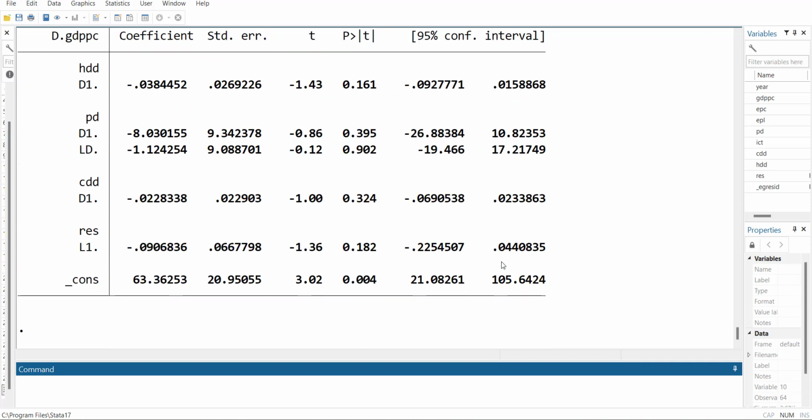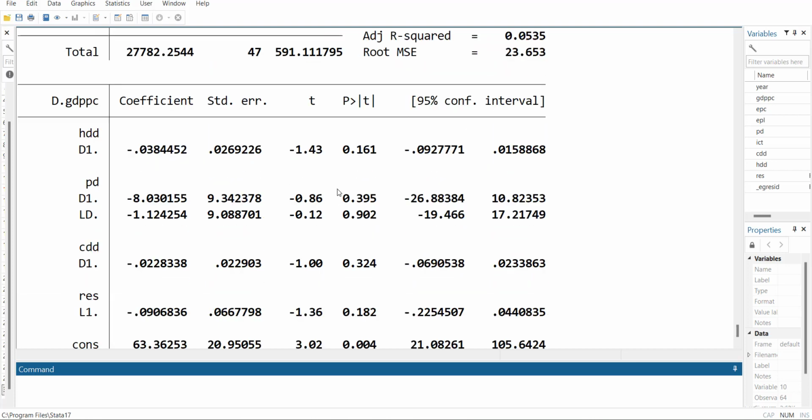So I hope you understood the structure of ECM equations, and those people who are not experts in time series modeling and are starting their research can start with this ECM model. The same process works for panel data, but the only difference is that you have to declare it as panel data and use the panel data unit root test. And lastly, when you complete this